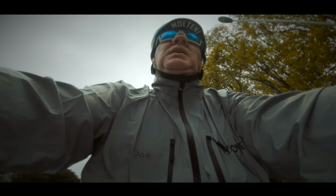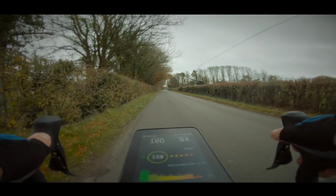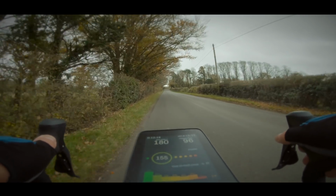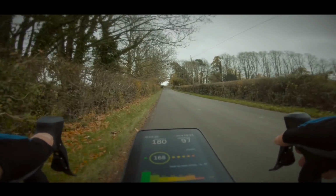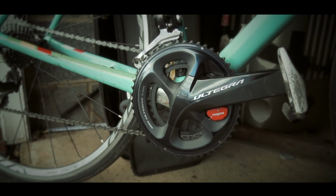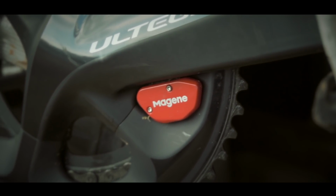Some of the more eagle-eyed of you may have noticed that I've started riding my Trek. Now, I normally start doing this once spring's here, and this particular spring I've got a power meter fitted onto this bike. I was sent this power meter by a company called Magine back last autumn, and I fitted it myself. But unfortunately, I didn't have a great opportunity to try it all out before the weather turned and